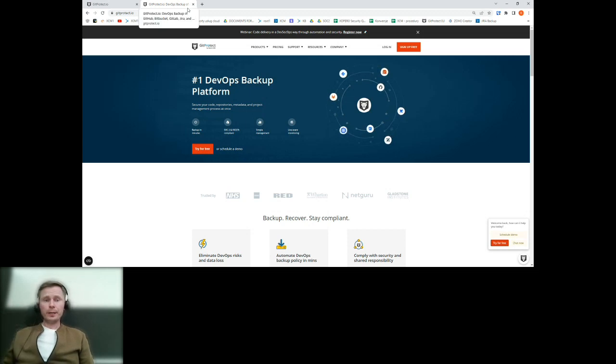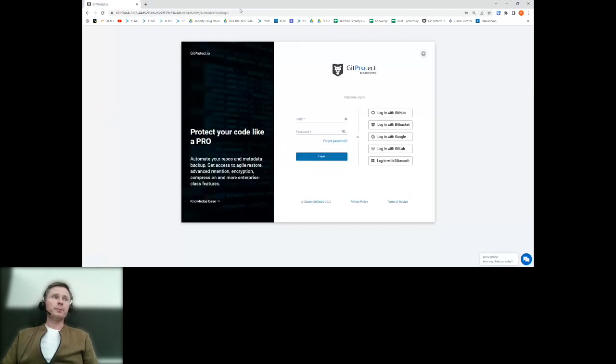Obviously, I already have my account created before our meeting, so I'm not going to create such an account one more time. What I'm going to do is get access to my account. As you can see, it's a web browser, right? So basically, the web browser is the only thing I need, besides an internet connection, obviously, because GitProtect is delivered to you as a SaaS application. That means that everything that is required to run the system is hosted in our cloud